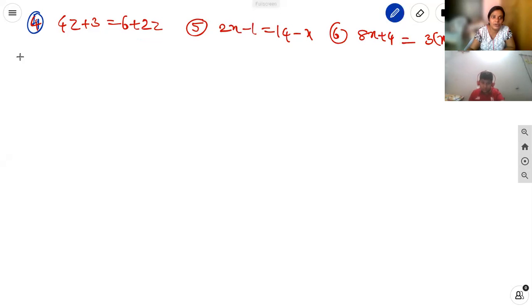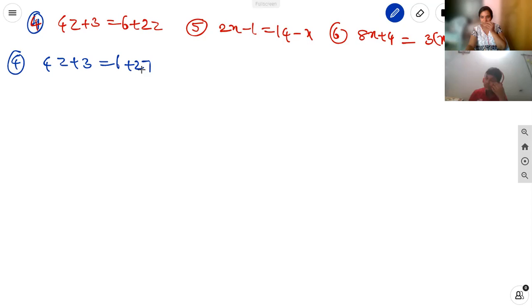Here, solving the fourth question. The given equation is 4z + 3 = 6 + 2z. Both sides have the z variable and a constant. So first we can eliminate the z variable. On the right-hand side 2z is there, so we take the same term with the negative sign, that is, subtract 2z